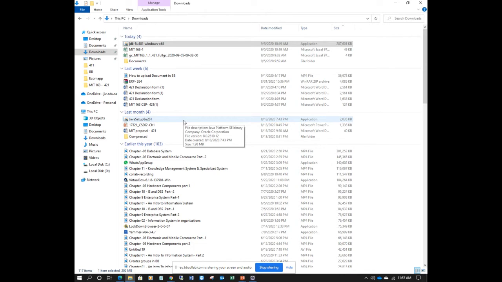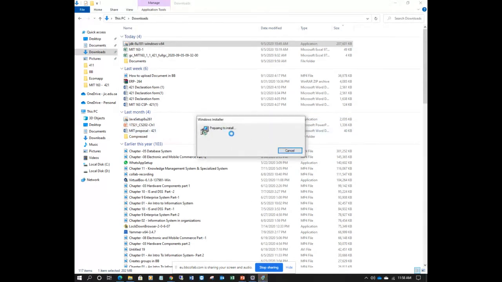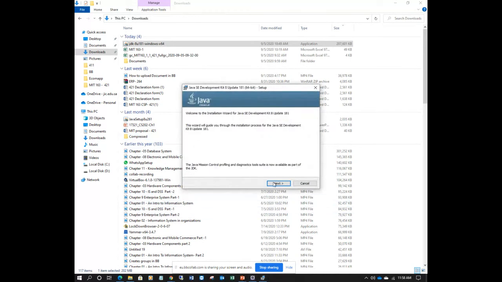So I hope everyone does this installation by themselves, right? All the libraries like the Java compiler, interpreter, and Java Runtime Environment, all the necessary libraries and programs will be installed along with the development kit. Over here just say, preparing to install. Then it will prompt you to the next screen, next. Okay, so you can do all next. There's nothing to configure. Just click on next, then proceed, and at the end finish.